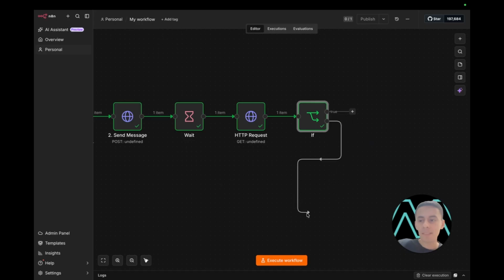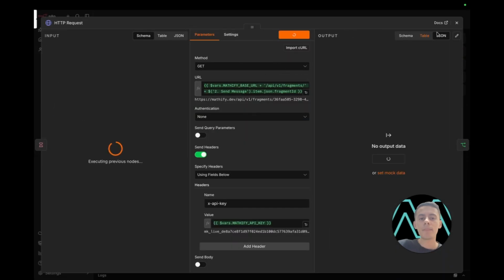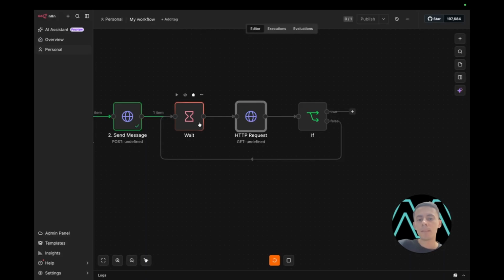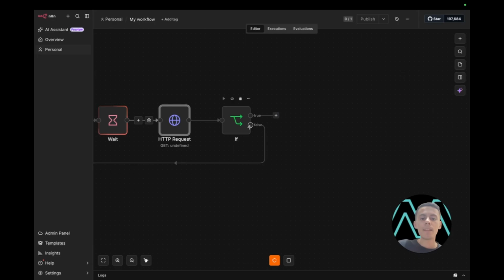So what do we do if that's false? We go back here and it keeps polling. So if I say, for example, execute this step, for some reason it always waits here for 30 seconds, and it's going to keep waiting. In the meantime, we can add, I already demonstrated this, so it's not necessary, but in the meantime, I can add like the done video ready node, which, let's see,